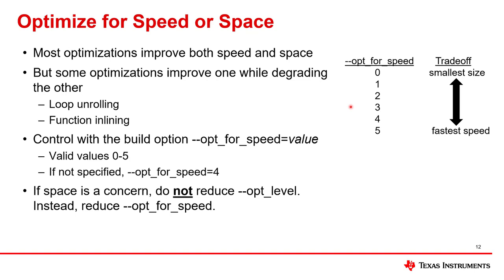Now, remember the techniques I already showed you about how you can lower opt level in a localized way in order to debug a particular problem? This is something you could do with regard to the option opt_for_speed. Something you might consider: you could have a fairly low setting for opt_for_speed for the whole project, but for a few files or maybe a few functions where you know speed is a big deal, change it to opt_for_speed equals 5.